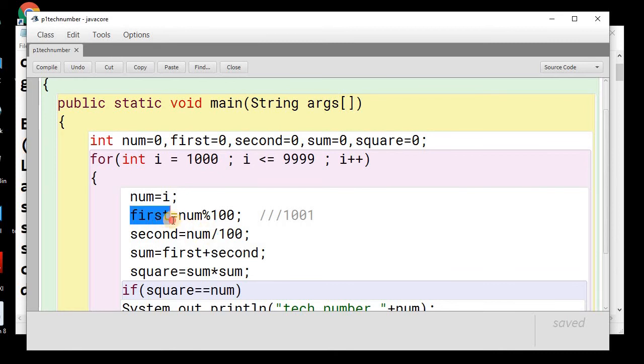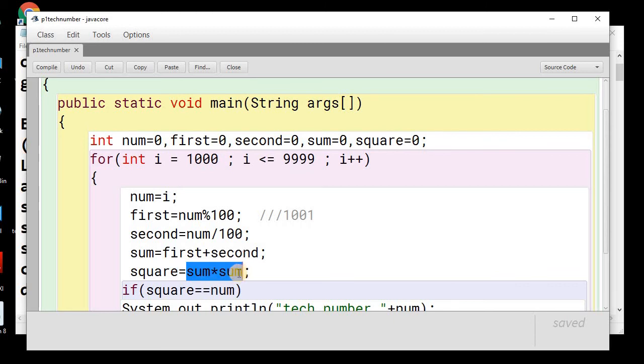Now we need to sum these two halves, so we sum them using the plus arithmetic operator, and now we need to square this sum. We'll store the square into the square variable, sum into sum.